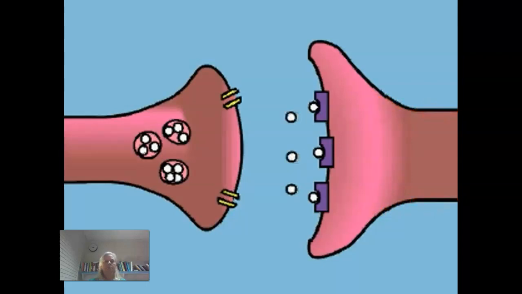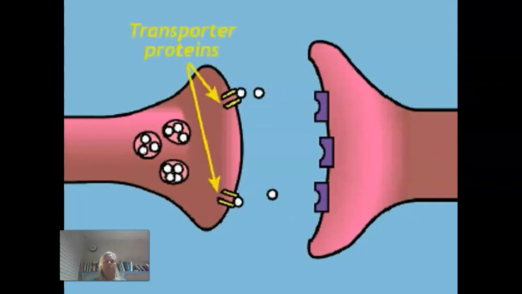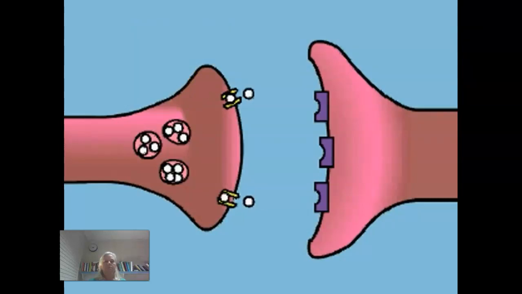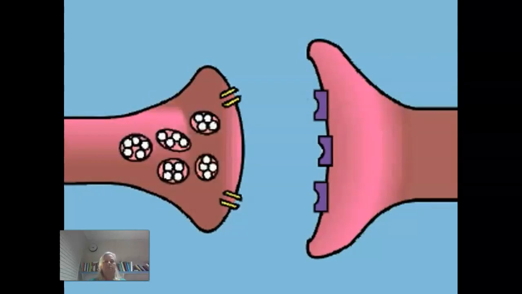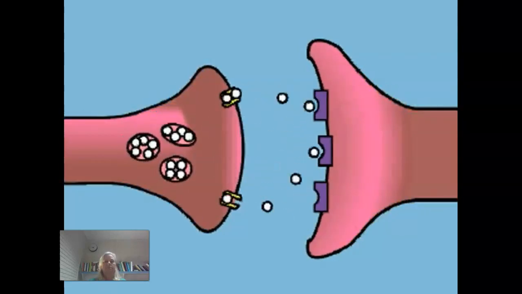Now that the neurotransmitter has relayed its message, it releases from the receptor into the synaptic space. Some of the neurotransmitter is degraded by enzymes in the synaptic space, and some of the neurotransmitter is carried back into the presynaptic neuron through transporter proteins. The neurotransmitter that is taken back up into the presynaptic neuron is then repackaged into vesicles that can be released the next time an action potential reaches the axon terminal. The entire process repeats each time an action potential reaches the axon terminal of the presynaptic neuron.